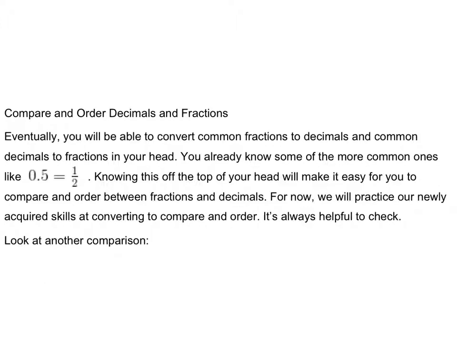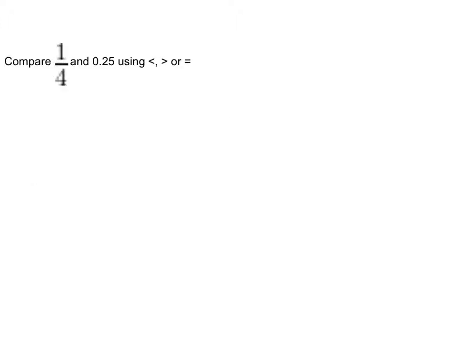Okay, so we're going to take a look at another comparison here on the next slide. So we're going to compare 1/4 to 0.25. Since we're converting decimals to fractions, we are going to take 0.25 and turn it into a fraction and compare it to 1/4. Okay, so 0.25. I take the numbers to the right of the decimal and I put them on top, and on the bottom I put a 1, and then as many zeros as I have numbers to the right of the decimal. I've got 2 numbers to the right, so I'm going to put 2 zeros there, so I've got 25 over